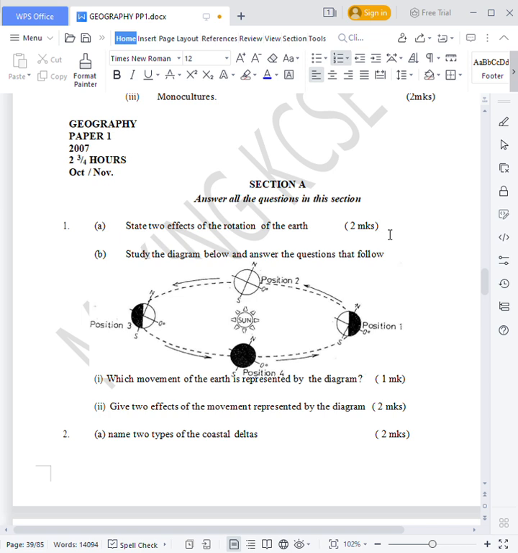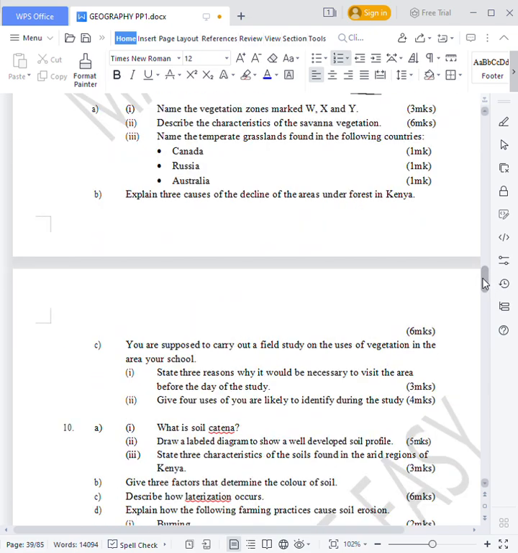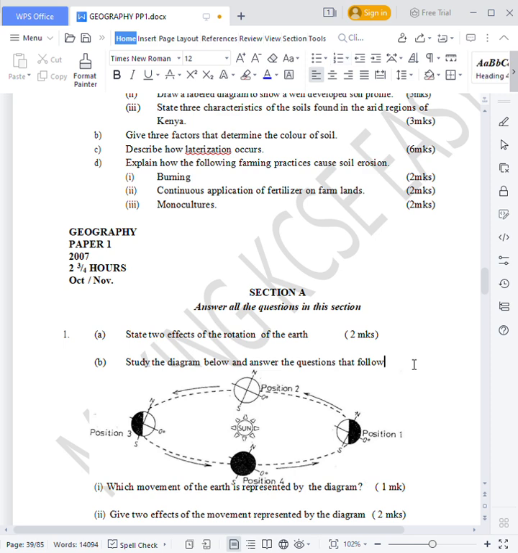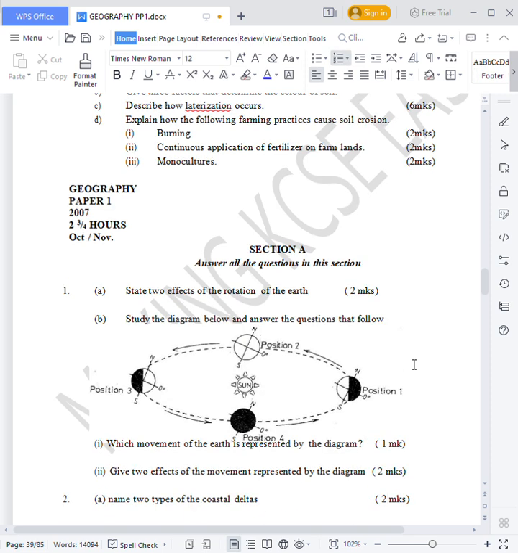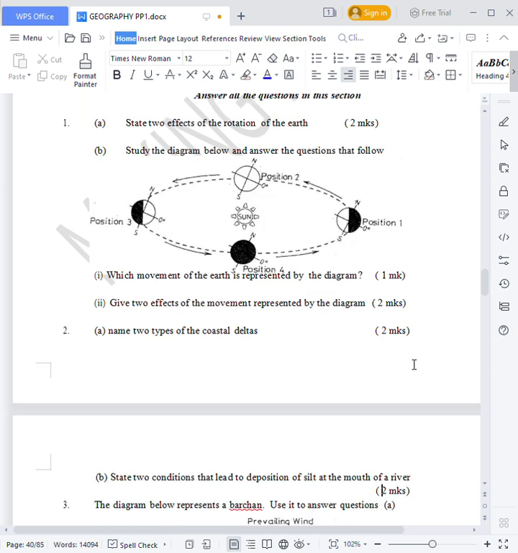Then question 2, we have the diagram. Study the diagram below and answer the question that follows. So that is the diagram. Then you are told to name the movement of the earth represented by the diagram. Then you give two effects of the movement represented by the diagram. So the effects of that movement are